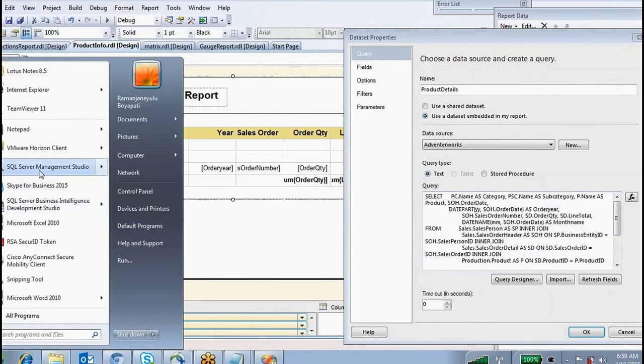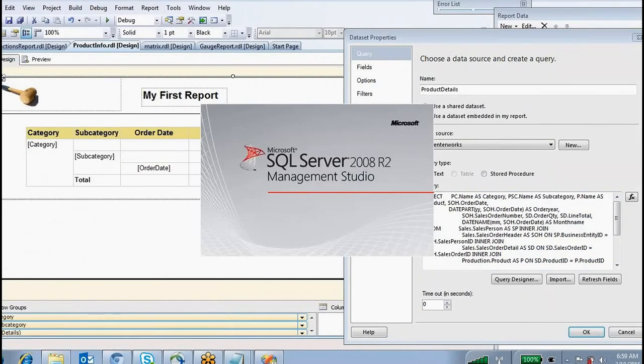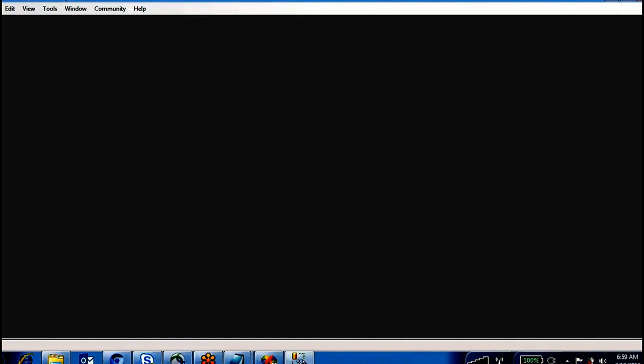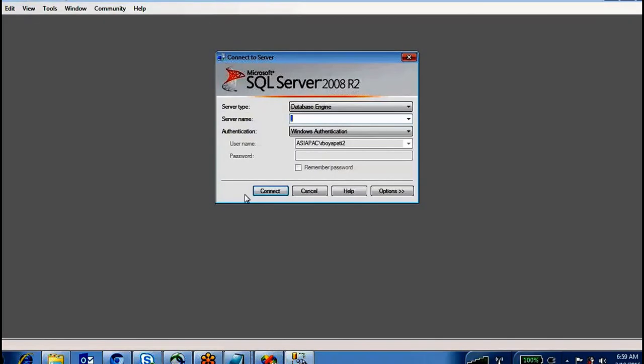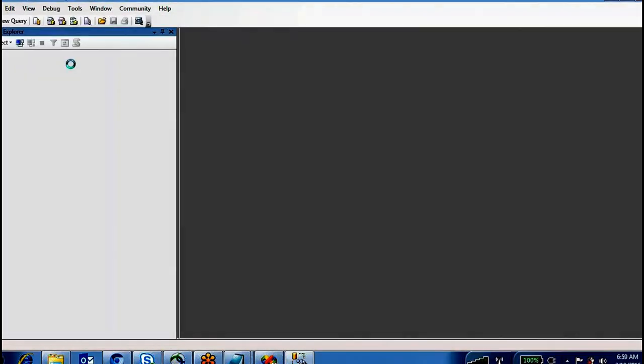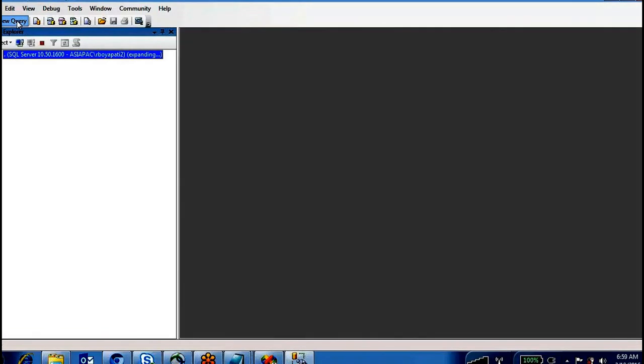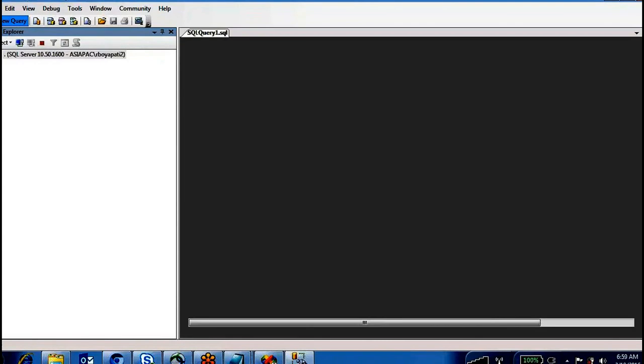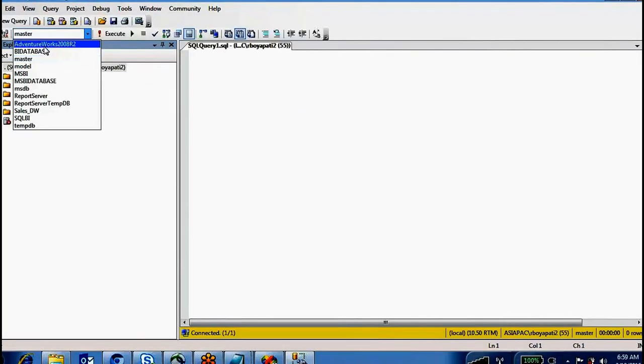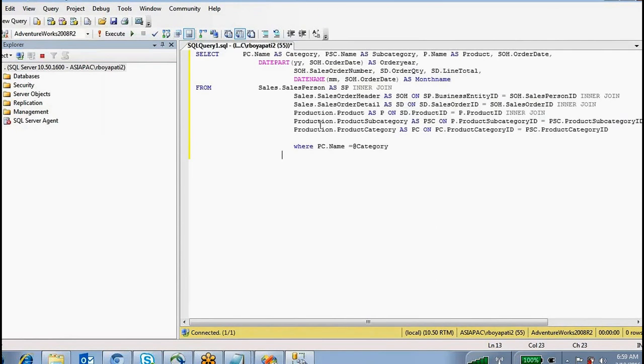So I want to display subcategory parameter also. Okay, and where is the subcategory column coming from? This column.